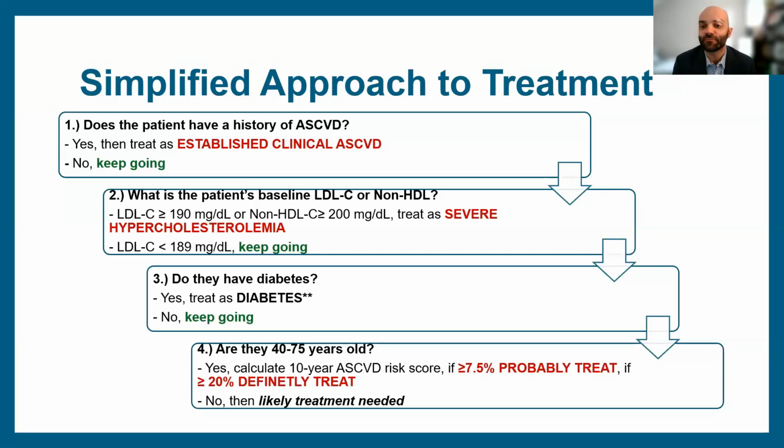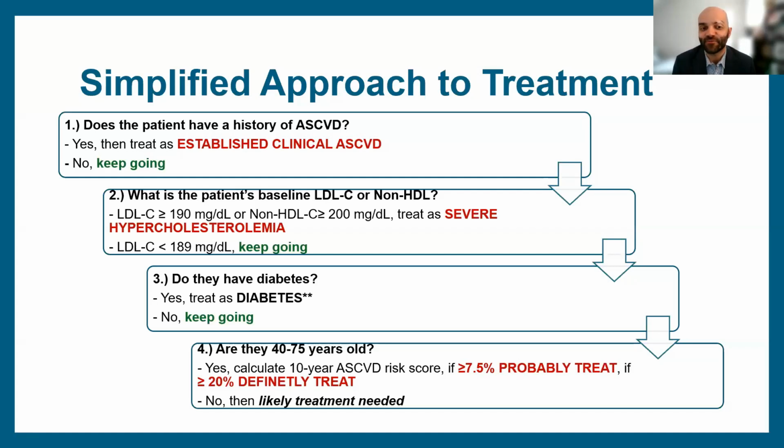First question you have to ask when you're approaching a patient: do you have a history of ASCVD? If you do, we go down that treatment pathway of high intensity statin, and then potentially adding on ezetimibe, targeting an LDL of less than 70. And this is, again, all going off our 2018 guidelines. What's our baseline LDL? Is it greater than what we would call 190? That is something where we should consider being even more aggressive. We have what we call severe hypercholesterolemia and potentially even familial, when you may have to go down some of those treatment pathways. Do you have diabetes?